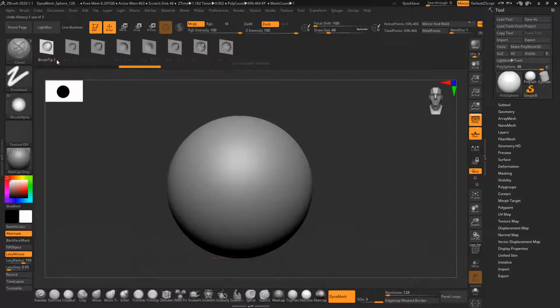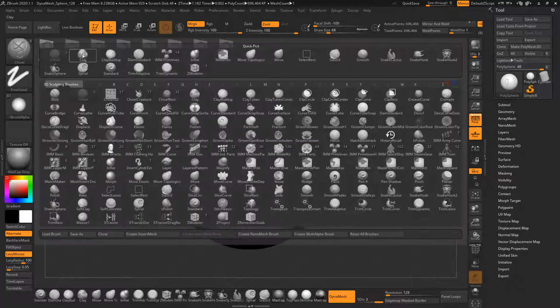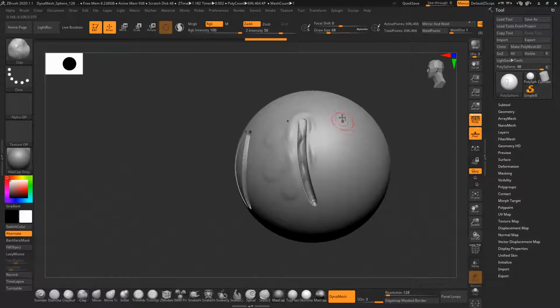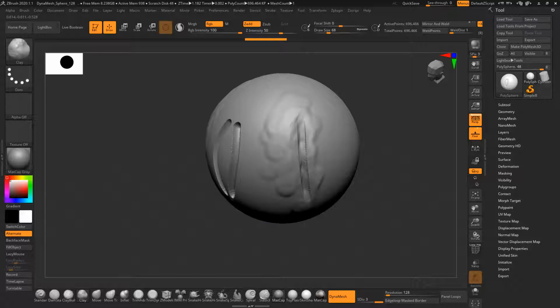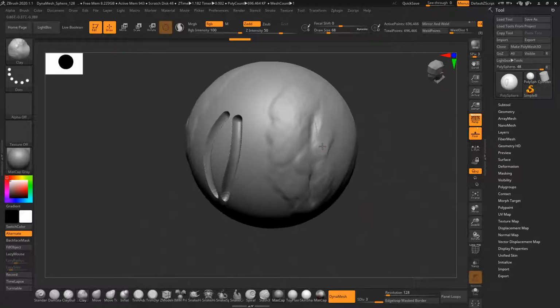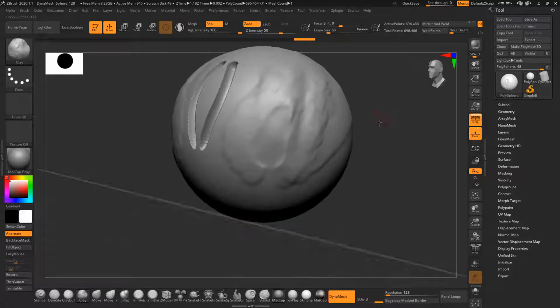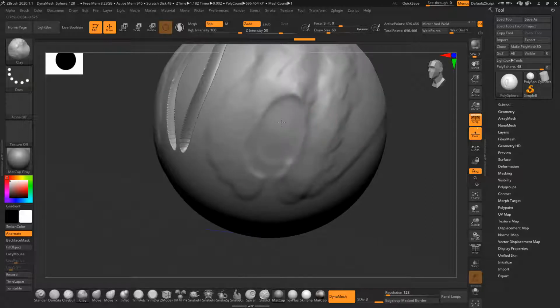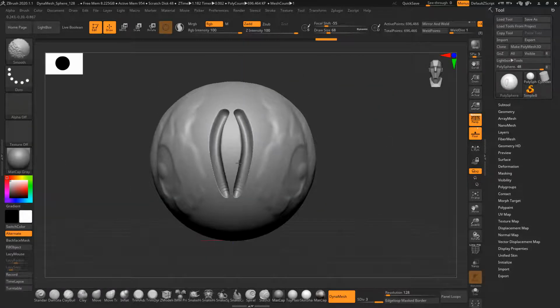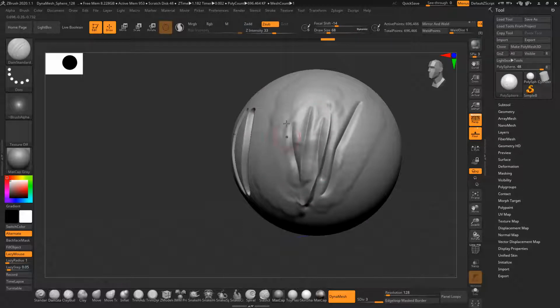You can select any brush from here. Every brush has its distinct properties. I can go and select this clay brush, and it has different kinds of properties. This brush is very ideal for adding muscular details and volume to a character or object. In the same way, I can press Alt to push the information. Let me change the settings and just add more details.